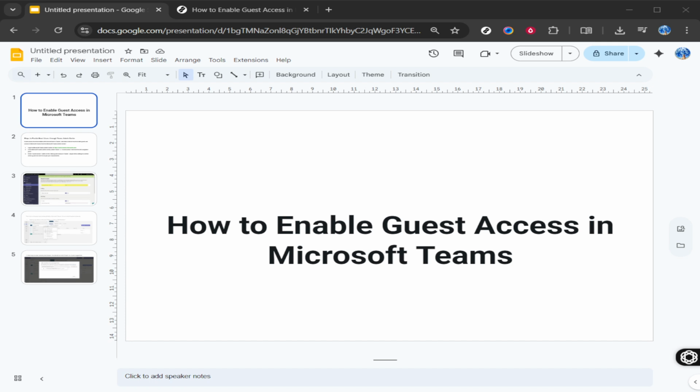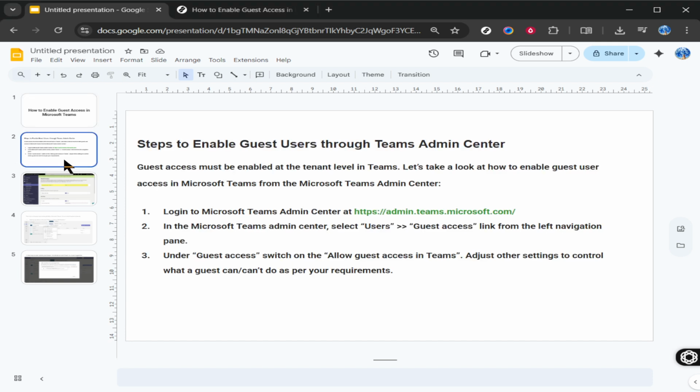First, we need to log into the Microsoft Teams Admin Center. Open your preferred web browser and enter the URL https://admin.teams.microsoft.com. Once there, you'll be prompted to enter your credentials. Using your admin account, sign in to gain access to the admin portal. Keep in mind that only users with admin rights can enable guest access in Teams, so make sure you have